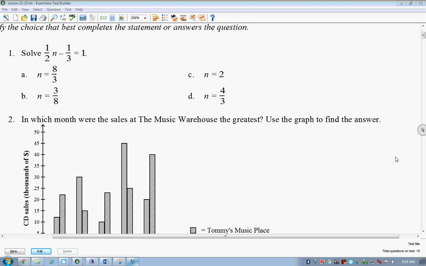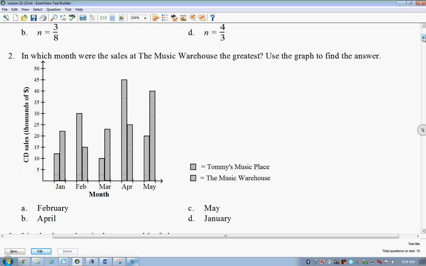So far, so good. Number 2, okay, now we're actually going to look at some charts. In which month were the sales at the music warehouse the greatest? Use the graph to find the answer. It's kind of hard to see here, but the music warehouse lines are going like that. So we're looking for the one that has horizontal lines. I think I heard Tiffany say, what month were their sales the greatest? April, right? So we see